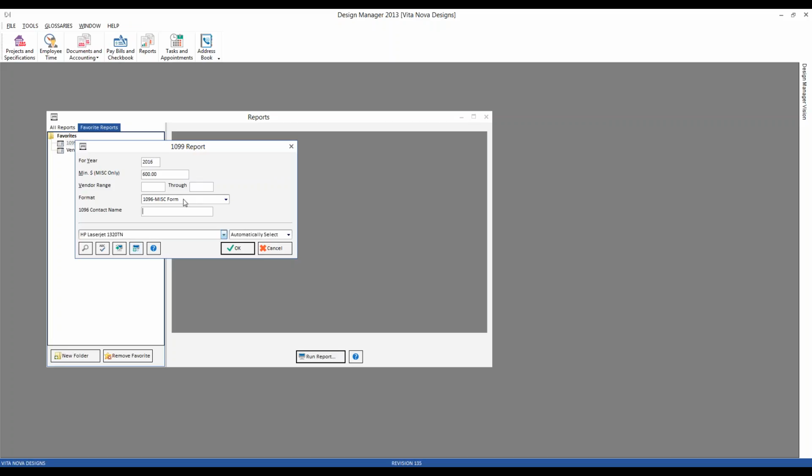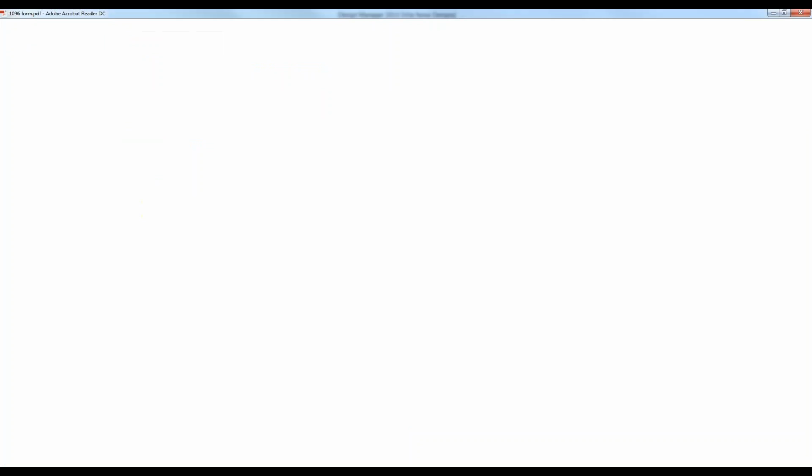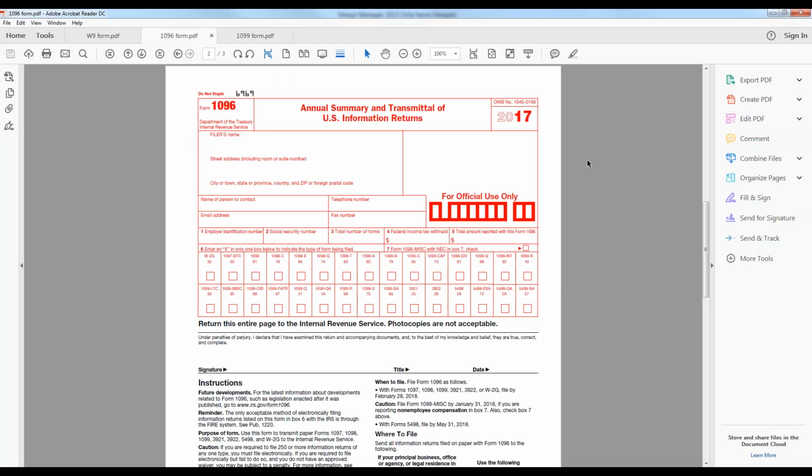This is going to print on the document itself, indicating who at our company should be contacted about any questions with the 1099s. And I'll go ahead and put myself in that position. And if we click OK, there it is. Looks like a bunch of information on a blank piece of paper. But that would fill in to our 1096 exactly. So if we look back at our document in Design Manager,